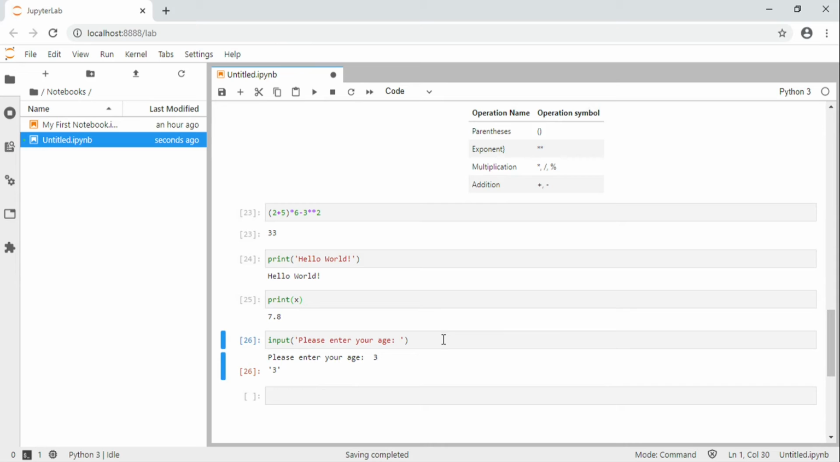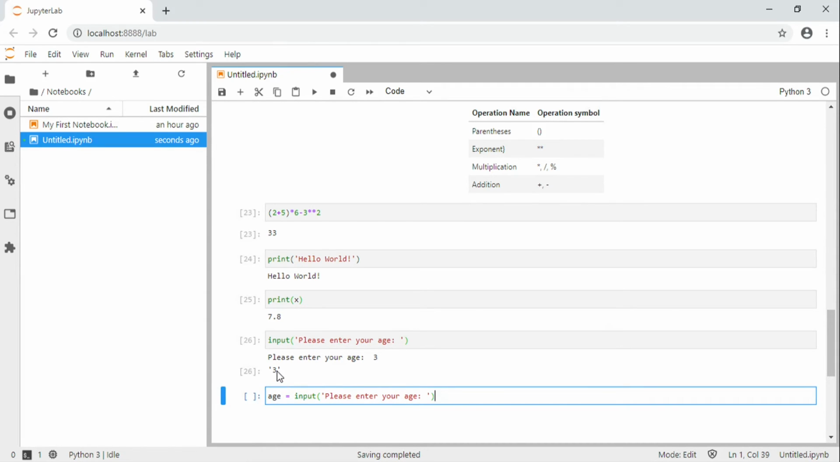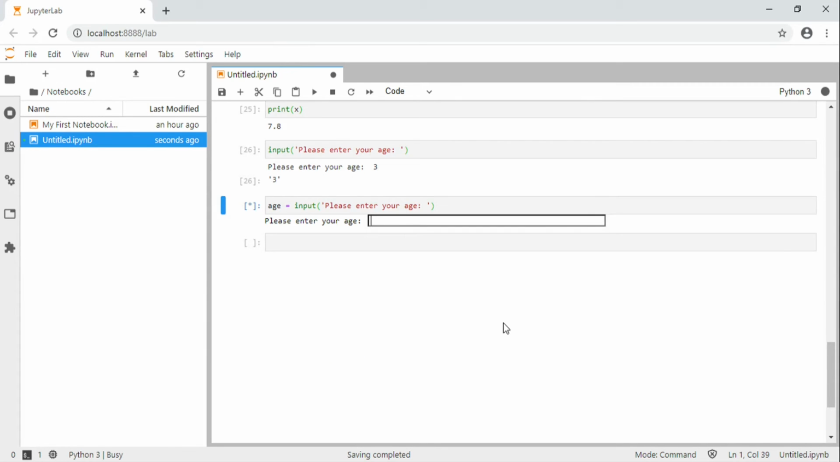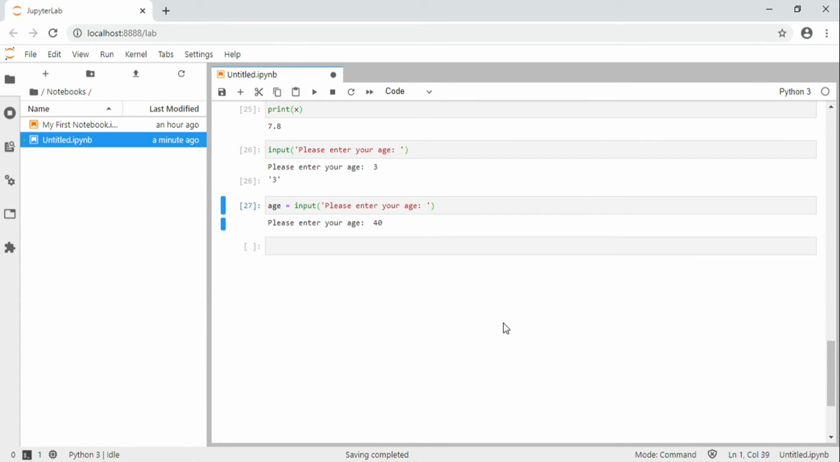If I want to save this in a variable, I have to put this into a variable. So I'll name a variable age and then put it equal to the input function. This means that whatever the user will input, it will be assigned to the variable age. So let's execute the cell. I'll type the age is 40 and then enter. Now if we print the age variable,